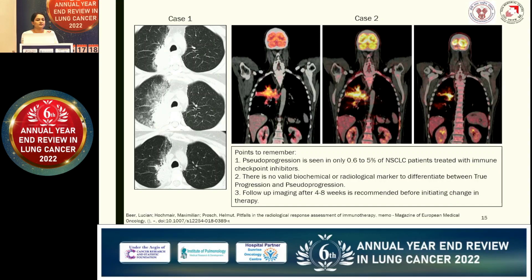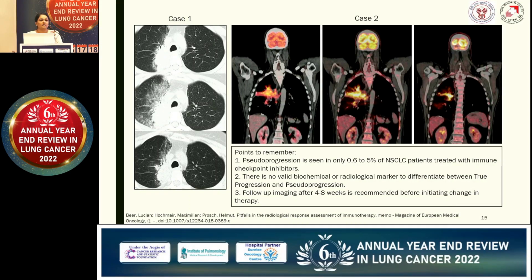Between the baseline and the first scan taken after beginning immunotherapy, we can see an apparent flare in the disease, but a follow-up scan after that is showing a successive decrease in size. We need to remember here that with NSCLC, there is a very low proportion of patients who would actually show pseudo-progression, but the concept needs to be kept in mind, because when we do a follow-up scan and there is